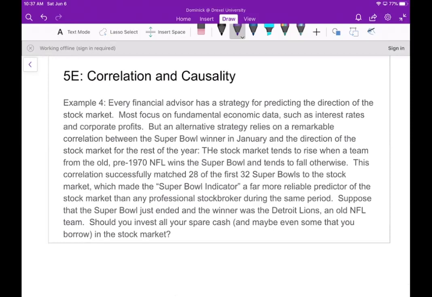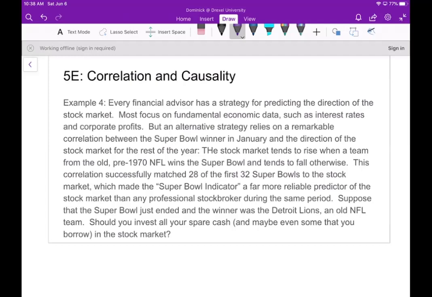The stock market tends to rise when a team from the old pre-1970 NFL wins the Super Bowl and then tends to fall otherwise. This correlation successfully matched 28 of the first 32 Super Bowls to the stock market, which made the so-called Super Bowl indicator a far more reliable predictor of the stock market than any professional stockbroker during the same period. Now, suppose that the Super Bowl winner just ended and the winner was Detroit Lions, an old